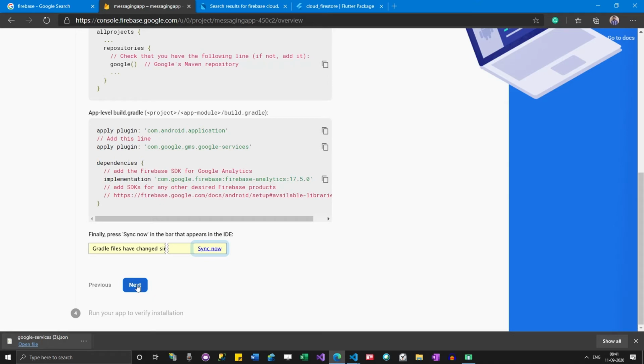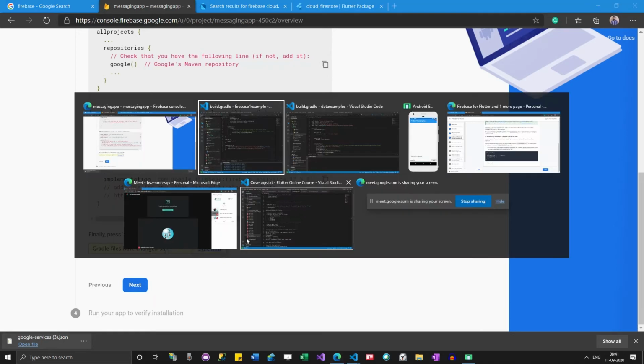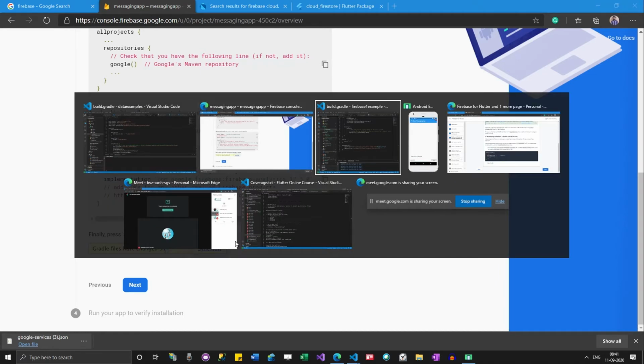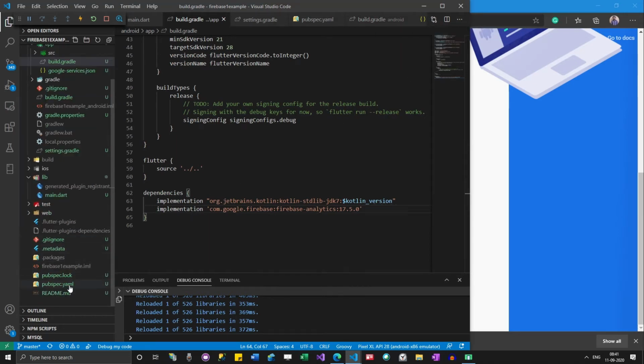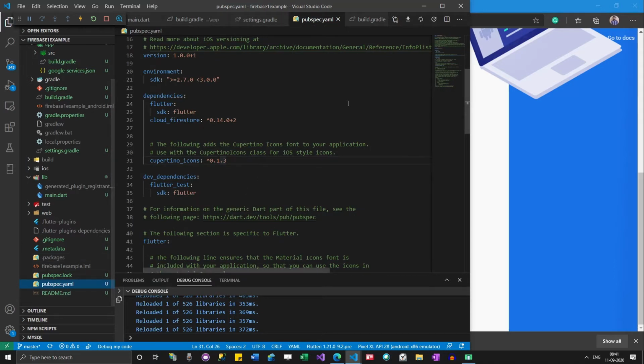It is saying to press sync now in the app bar that appears in the IDE. So actually in Visual Studio Code, we don't have that sync now button. So what I did was I'm just going to the pubspec.yaml file and then click on get packages.